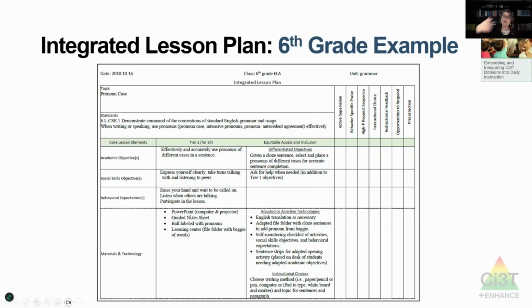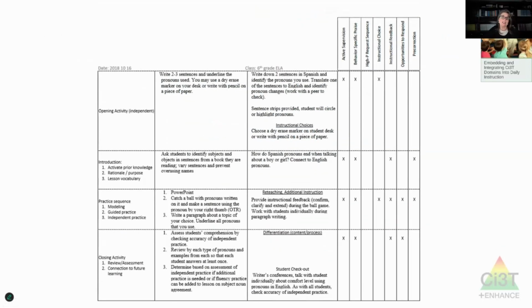So in other words, how might I provide this really engaging instruction in a way that different people can access it? And a big part of making sure that it is relevant for the learners that you're serving is that they can connect it to their own life. So that opening activity is very important because you're going to help them to create the bridge to what they already understand. And then you'll move through the introduction and the modeling and the guided practice and the independent practice. And then there's the closing, so that we're making sure every kid walks out knowing what they learned and how it can be applicable in their daily life.